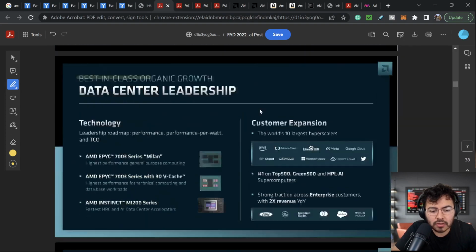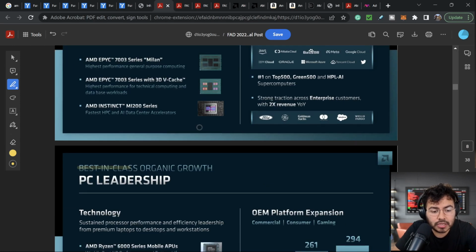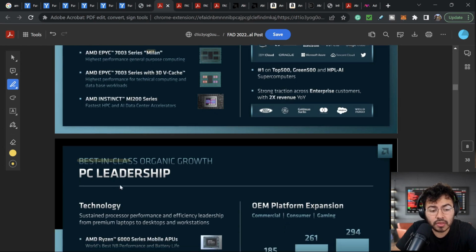And some of the things that we're going to take a closer look at is first AMD, how they're dealing in their data center market. And the data center market, like I mentioned, they do have numerous processors, and the processors are just like a car, right? You have numerous generations. The first generation, I believe, was Rome. The second generation, I forget. The third generation was Milan, and now we are in the fourth generation. Outside of that, they also have server GPUs. These GPUs are very similar to what NVIDIA has in terms of the hardware.